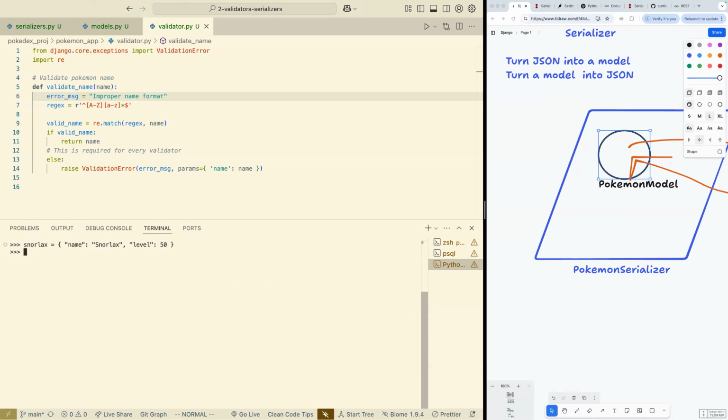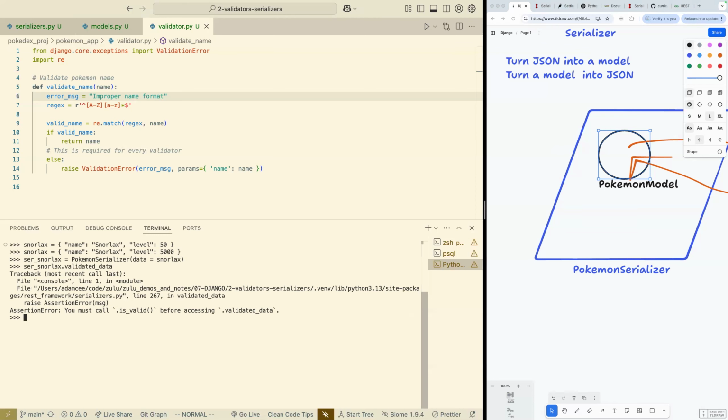If you only had one valid object in that dictionary, then after you run all that, is your validated data dictionary only going to have that one attribute? I think so. Yeah, we can test that out. So let's do serialized Snorlax equals Pokemon serializer data equals Snorlax. And so serialized Snorlax